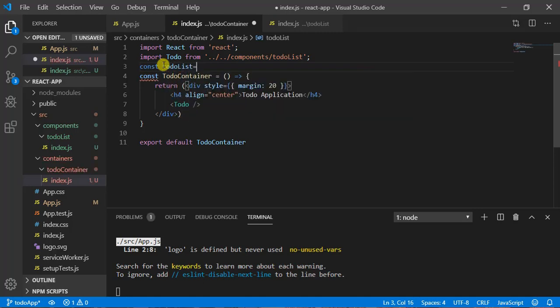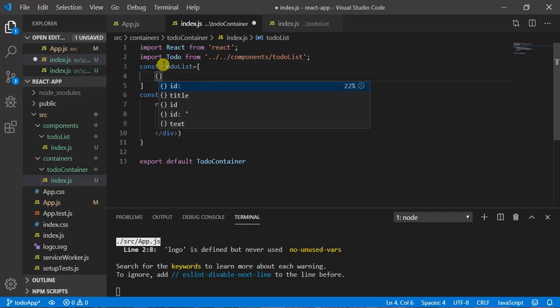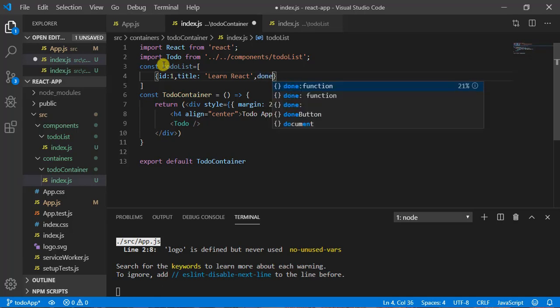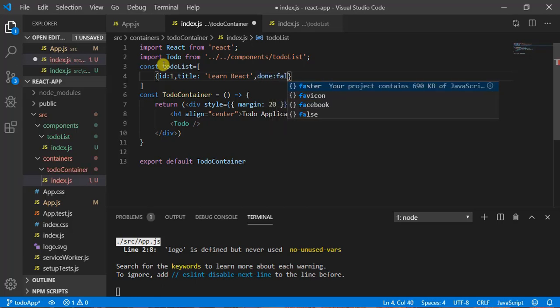This is going to be an array of to dos. So to dos have the property ID, and another one is title. Let's call it learn react, and the third property will be whether the task has been done or not. So let's call it done. Make it false, or make it true for this one.